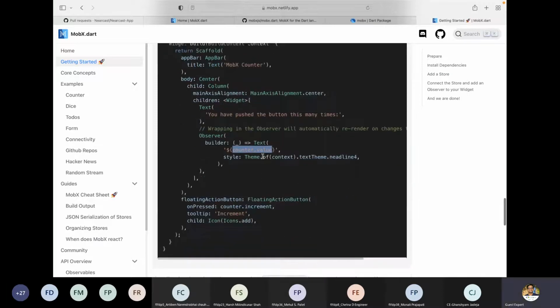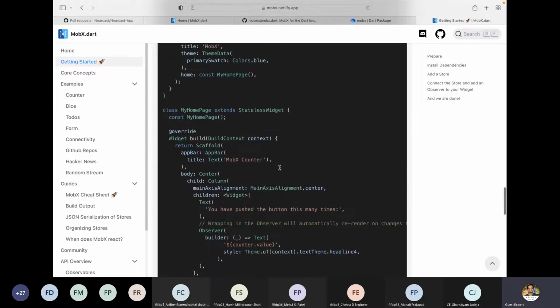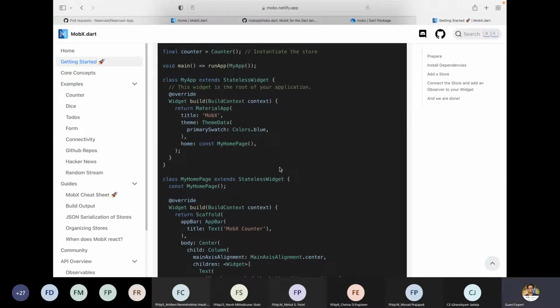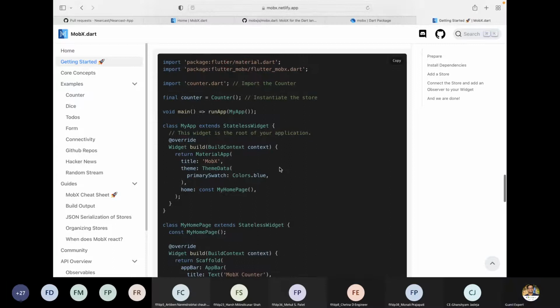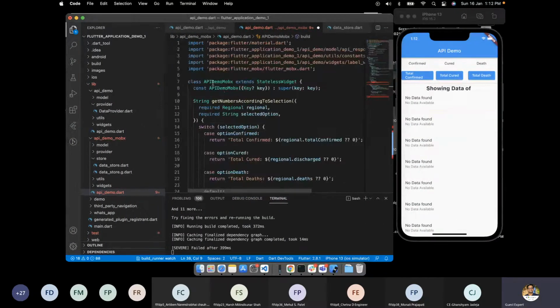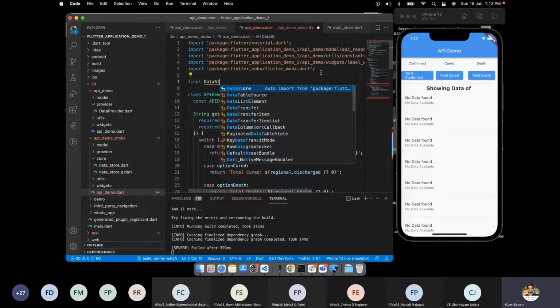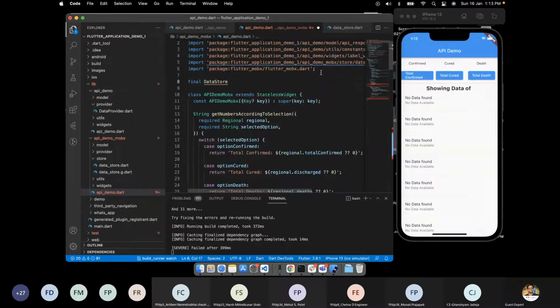From where is this counter coming here? I can't see anything. Here you can actually create and instantiate a store. As soon as this app gets started, in API MobX demo, we can create an object of our store, which is data store.